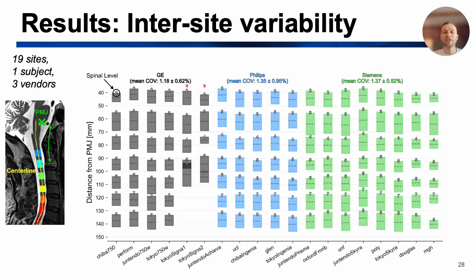Here we have results for the first testing dataset, a single subject scanned across 19 sites. The obtained spinal levels correspond well across sites. When excluding 2 sites with low contrast between cerebrospinal fluid and rootlets for C7 and C8 levels, marked with red crosses in the figure, the mean coefficient of variation across levels and sites was below